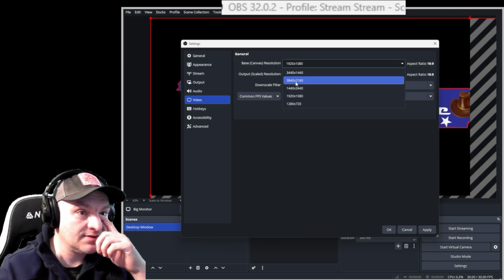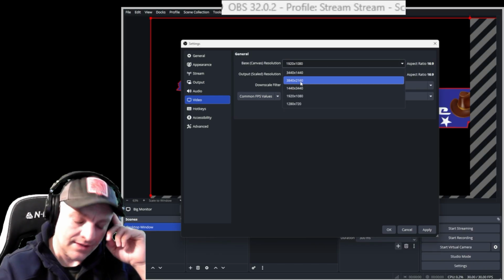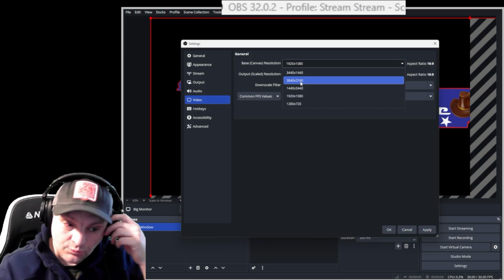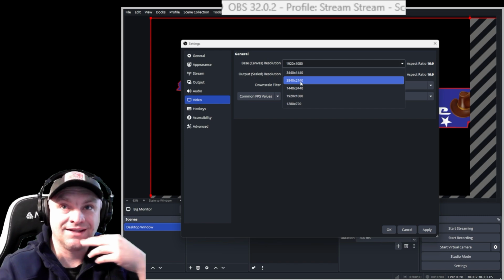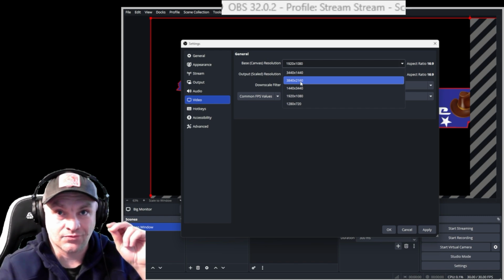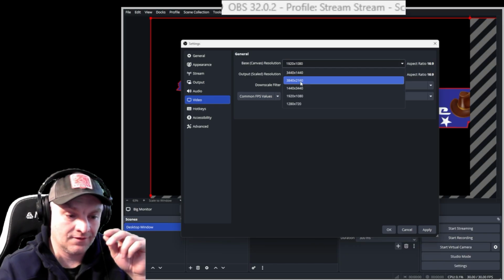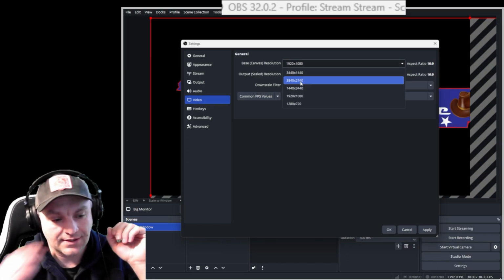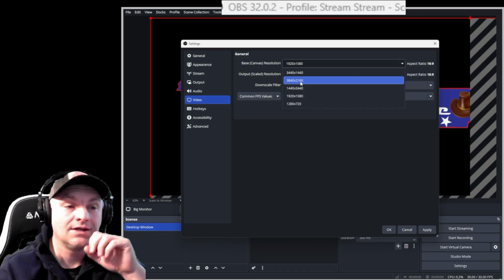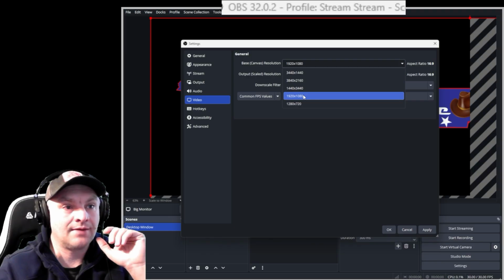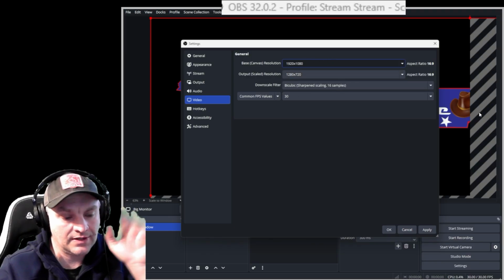So I could just choose this big one here. This is how big mine is. It's 3840 by 2160. Then I would be streaming into 4K. There's really no reason to stream or record in 4K for the most part, unless you have a specific game that really needs that. Secondly, you'd have to have a computer that can handle the bandwidth that's going to take that and the internet capacity to do all that. So I really don't recommend you do that base one. 1080 is typically where it's going to start by default. I totally recommend that